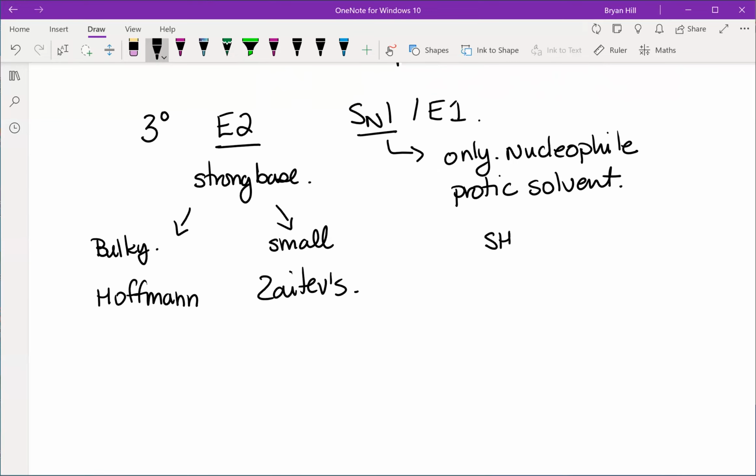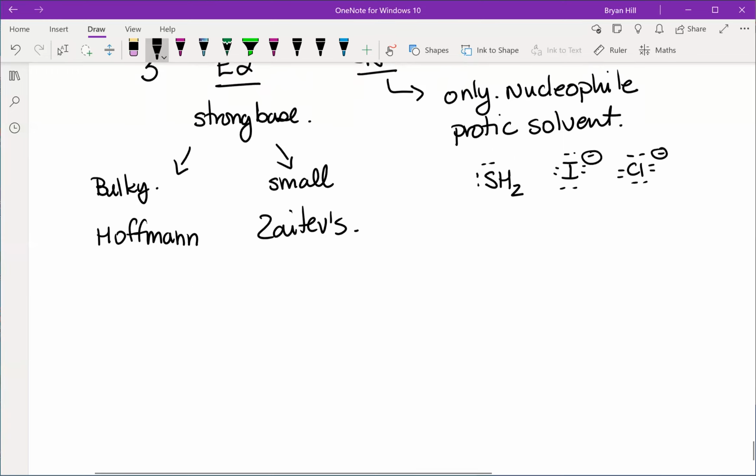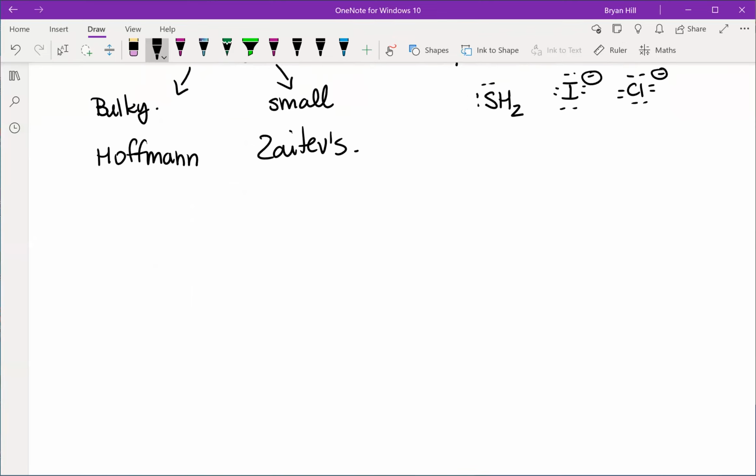So if we wanted to put sulfur on there, we would use SH2. I- would work, I guess. Chloride would work. These are all exceedingly weak bases. Bromide too, I guess. Things that are low on the periodic table. So what's a good example of basically hydrolysis reactions would